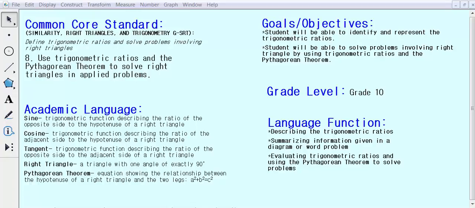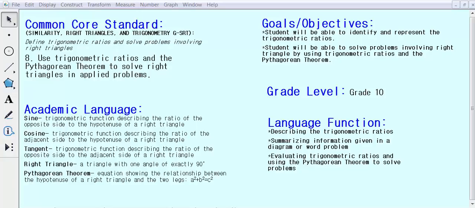Good morning! Today we're going to learn how to solve problems using trigonometric ratios and the Pythagorean theorem. We're going to be using academic language such as sine, which is the trigonometric function describing the ratio of the opposite side to the hypotenuse of a right triangle, cosine, which is the trigonometric function describing the ratio of the adjacent side to the hypotenuse of a right triangle,